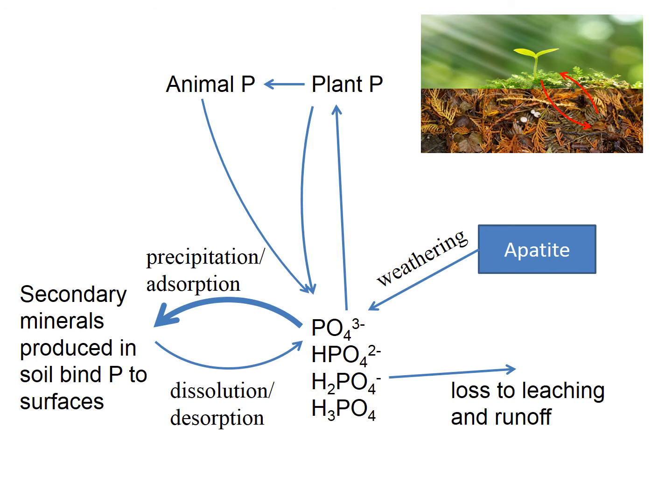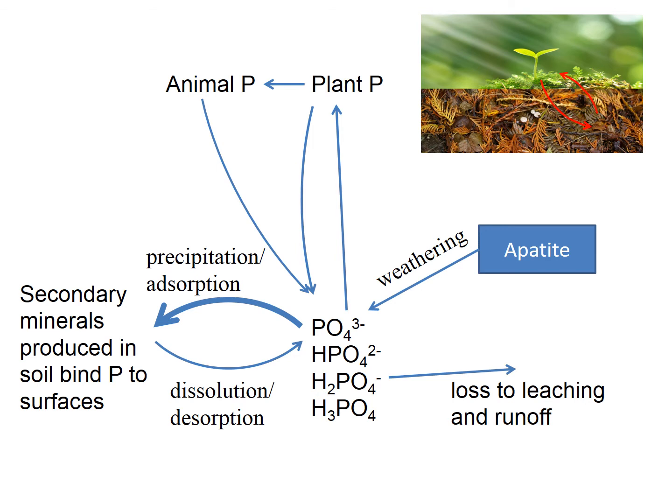Okay, so it gets taken up into plants, plants get eaten by animals or die directly, and that organic matter then decays, which is essentially like dissolving it again, and that releases the phosphorus back into the environment, where it can either be used again by a plant,